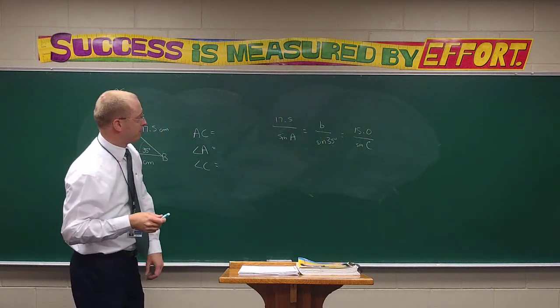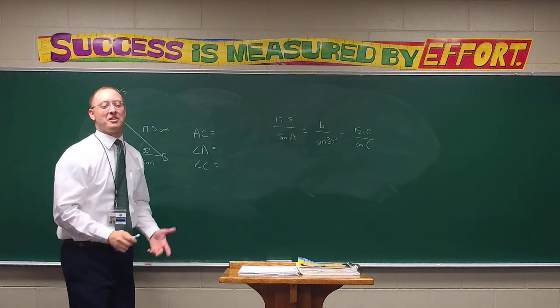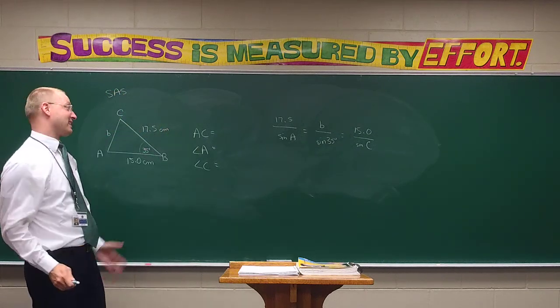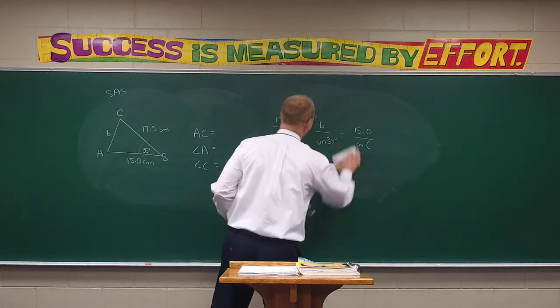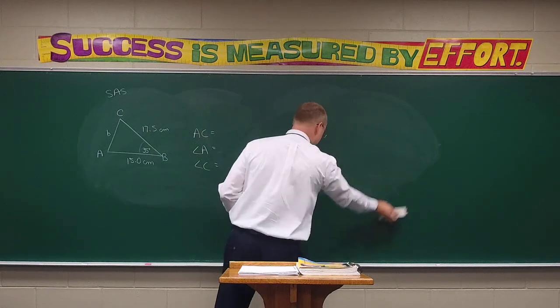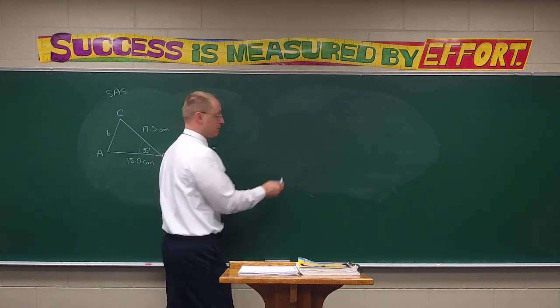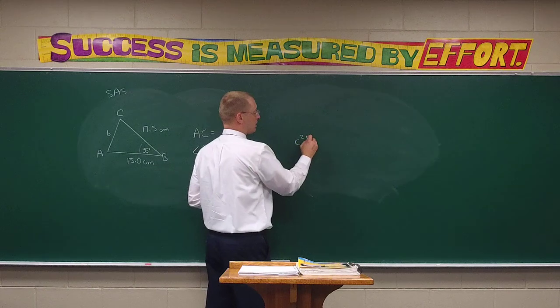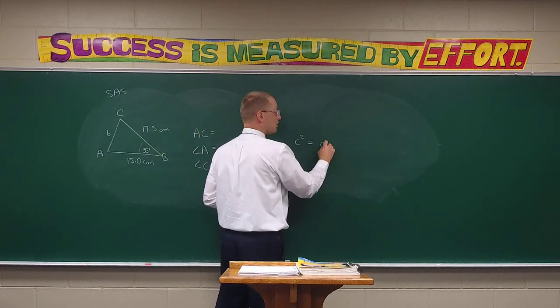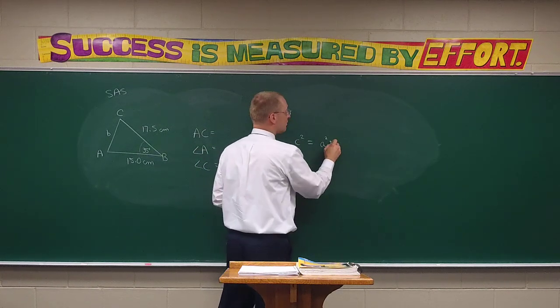And you're like, well, now what? So the fact that you can't do anything with it, well, I guess it must be the law of cosines then. What is the law of cosines? It looks a lot like the Pythagorean theorem at the start. C squared equals A squared minus